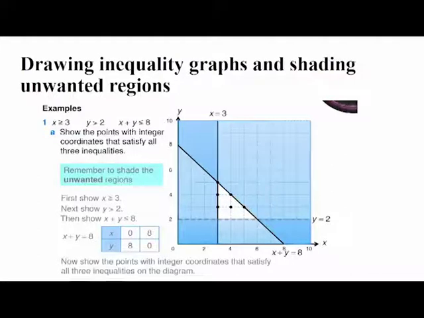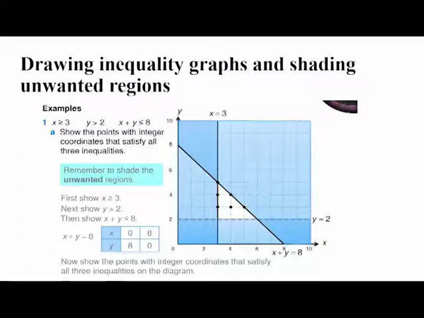When you are drawing the graph, we change the inequalities to the equal sign. So when you are naming your graphs on the graph paper, we always use the equal sign. We don't use the inequality signs. When you are drawing, you only turn these inequalities into an equal sign. So x greater than or equal to 3 becomes x is equal to 3. You draw that